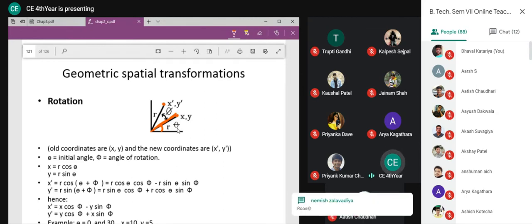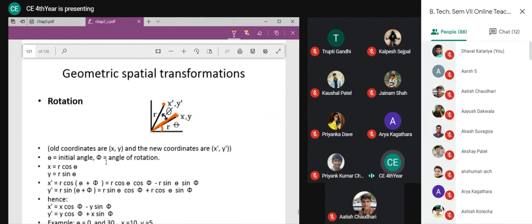Yes, it is r cos theta. So my x is r cos theta. You know the x projection and y projection, right? The x direction projection is r cos theta, and this projection is r sin theta, which we studied in 12th physics. We know that very well. So x and y are given by those values. Okay, so we will keep this in our mind.